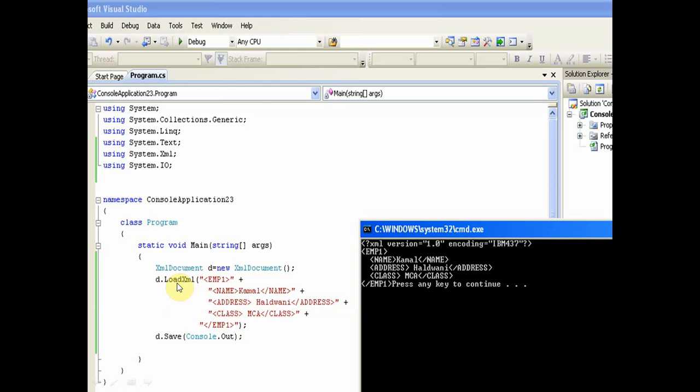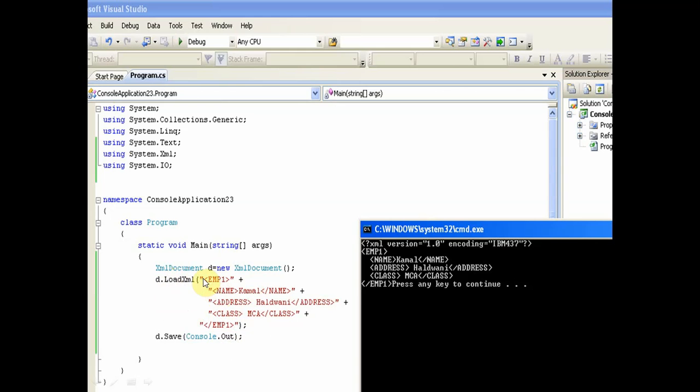This is a function of XmlDocument, because we have written d.LoadXml. So LoadXml is a function of XmlDocument. Then we have written the complete XML code, meaning one complete row: emp1, name, address and class. We have 3 tags.